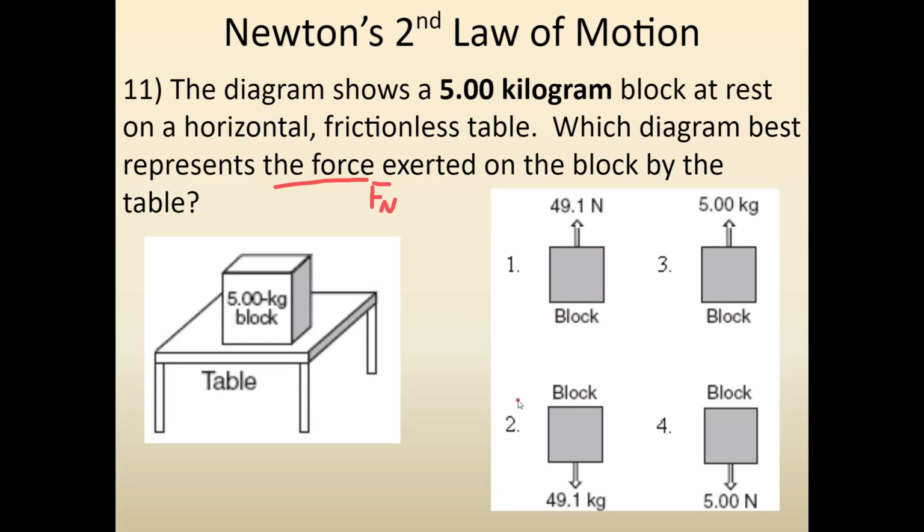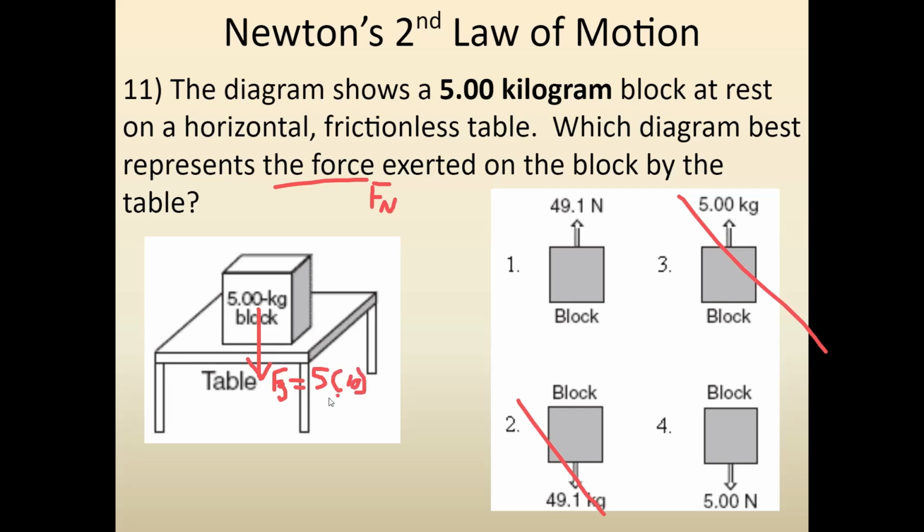Now, for the most part, I can get rid of choices 2 and 3 because they're both in kilograms. These are not forces. So only choice 1 and 4 are measured in newtons. If we look at the 5 kilogram object, it is experiencing two forces. It's experiencing a force of gravity going down, and according to Fg equals mg, it's going to be 5 times